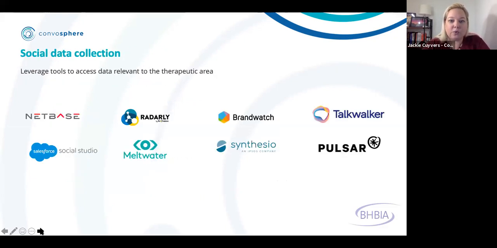So you generally do not want to just go and start taking data that's out there in the wild, and that violates the terms of service of these different platforms. There are these social listening tools that exist to help you collect the data and work with it in a licensed and compliant manner. These are some of the enterprise tools that are out there: NetBase, Brandwatch, Talkwalker, Pulsar, Social Studio, Meltwater. You may have heard of these.